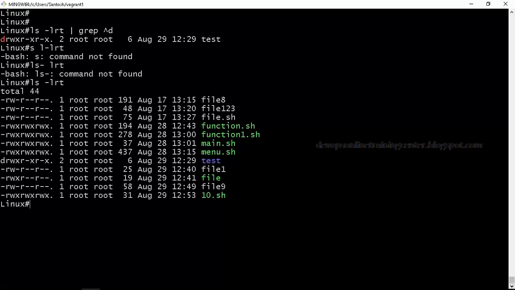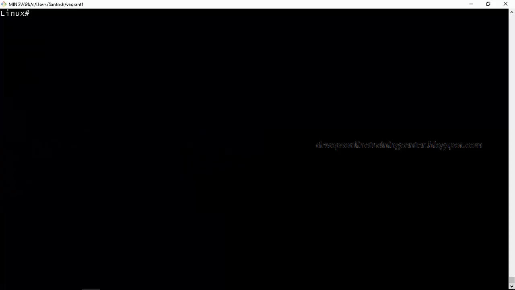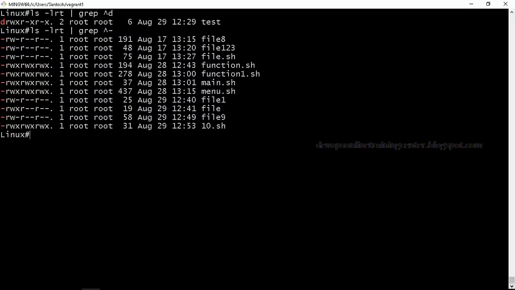If you want to filter out only the directories, or only the files, you can do it using caret. So it will match the characters or the pattern which is starting. You can see in red color that is matching actually. This hyphen is matching.